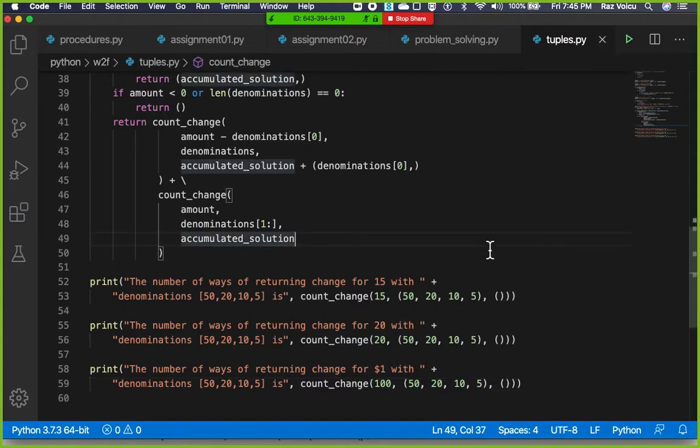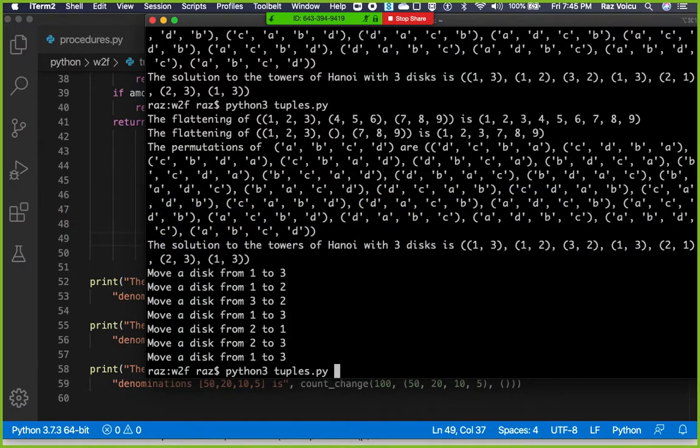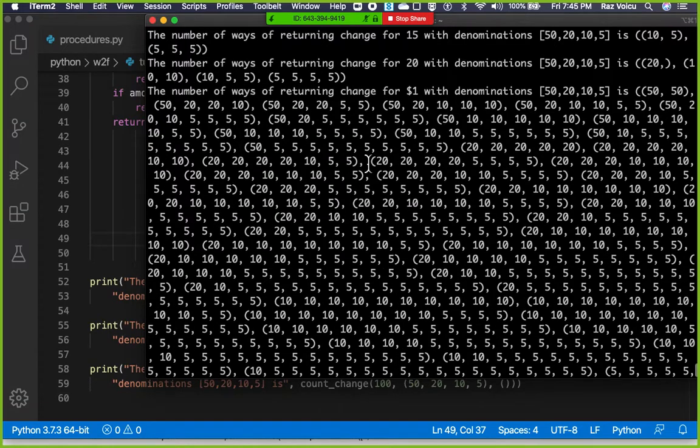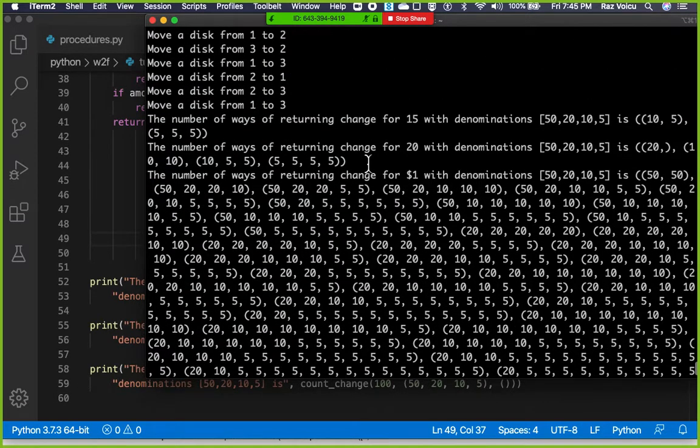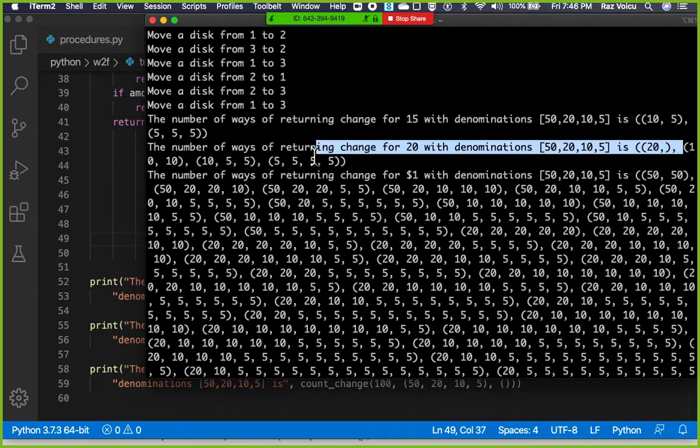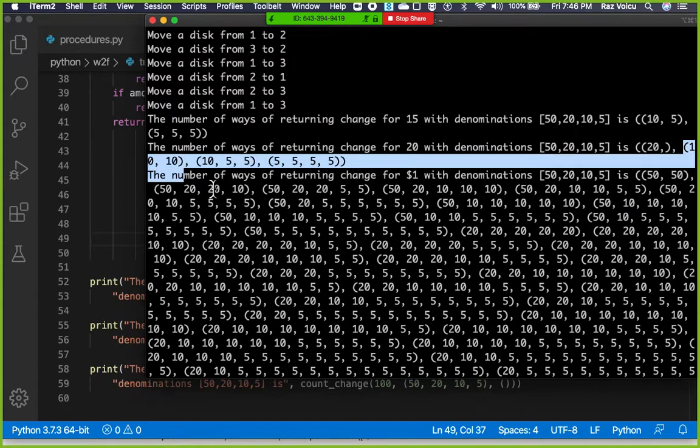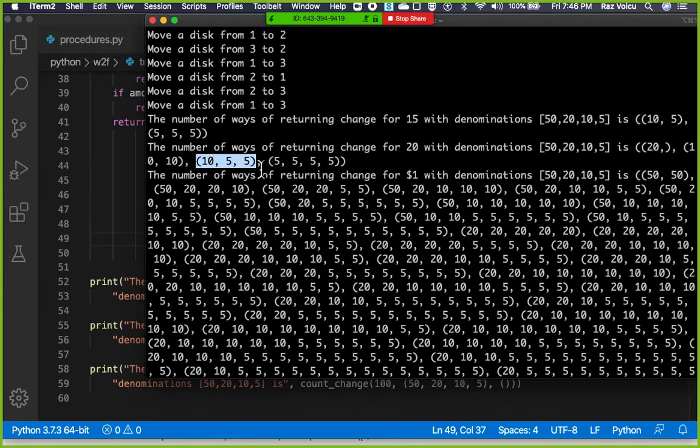All right, if we run this, let's go to the easy ones, right? So the number of ways to return change for 15 cents, yeah? With denominations, this is the first way, a 10 and a 5, and this is the second way, right? And we remember from last time that there are only 2 ways. The number of ways of returning change for 20, we have 3 ways, right? We have 4 ways, sorry. I can just give back a 20. It's a valid coin, it's a valid way of returning change. I can do 2 10s. I can do a 10 and 2 5s, or I can do 4 5s,